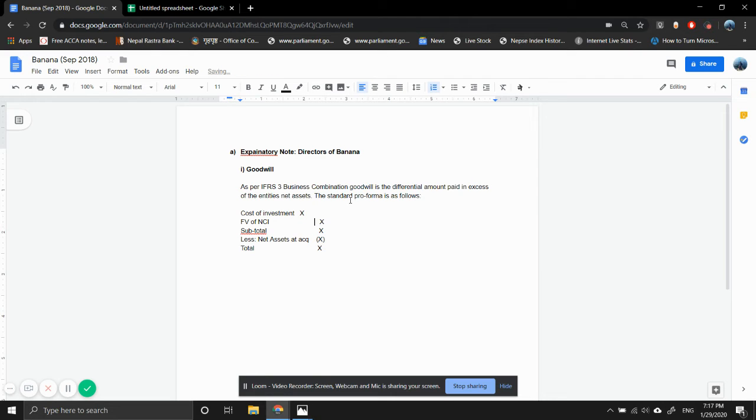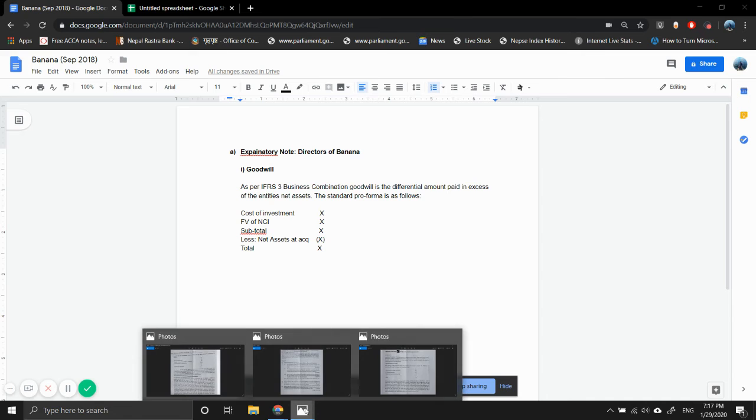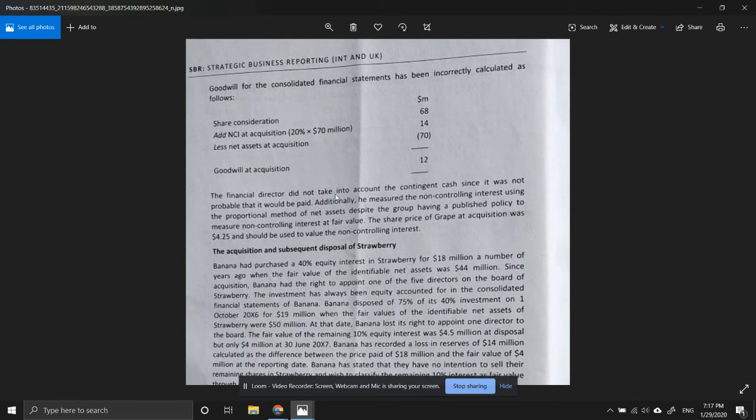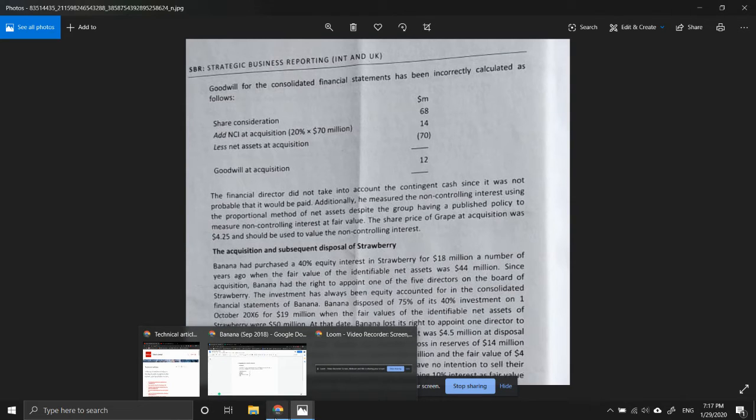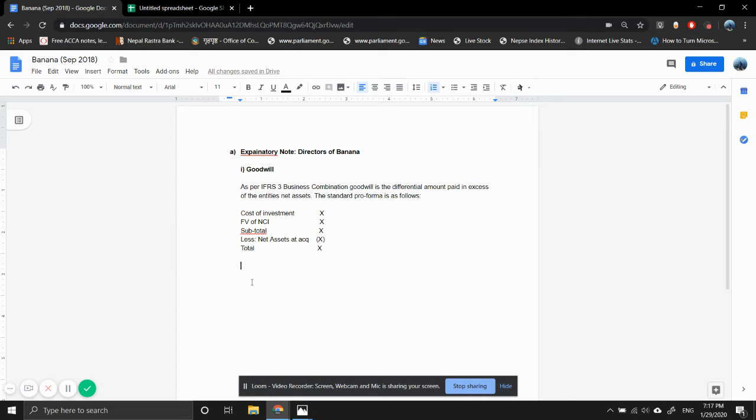Okay, let's done. For that, let's explain our thing. So what mistake has been made? The finance director has made a mistake when calculating it. So share consideration. The finance director has calculated the cost of investment incorrectly,